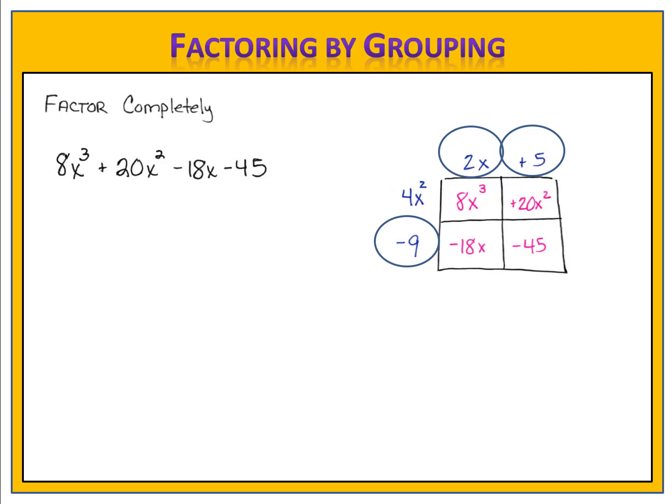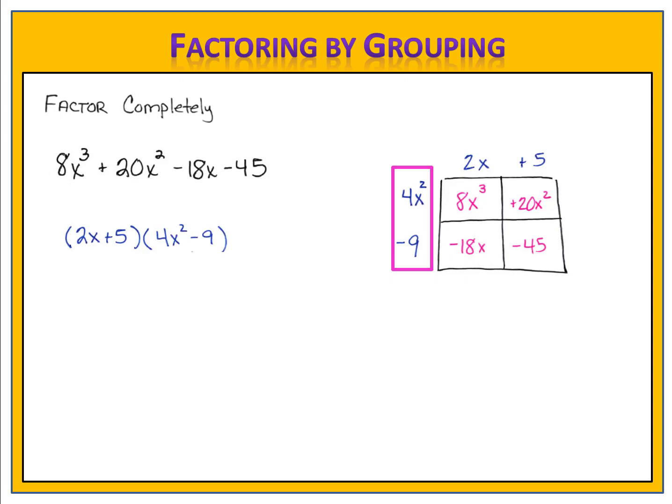Finally, we can check by using the multiplication of our final two numbers. Negative 9 times positive 5 equals negative 45. That's true, so we must be on the right track. Now we have our two factors, 2x plus 5 as the first factor, and 4x squared minus 9 as the